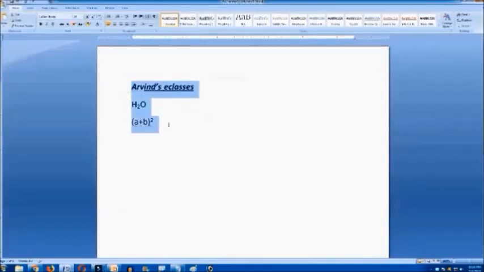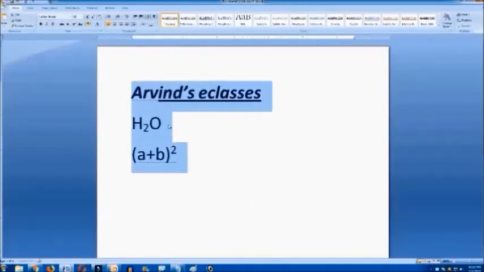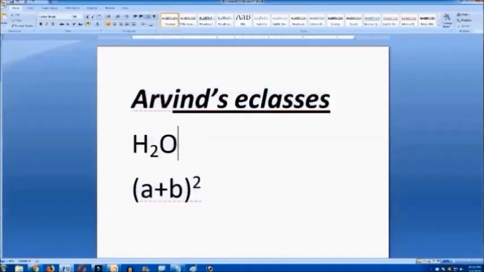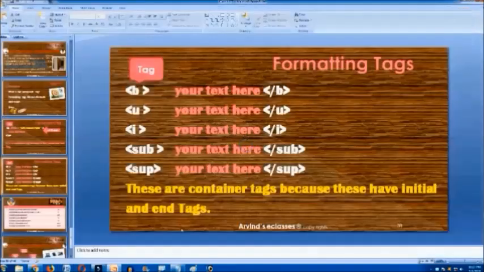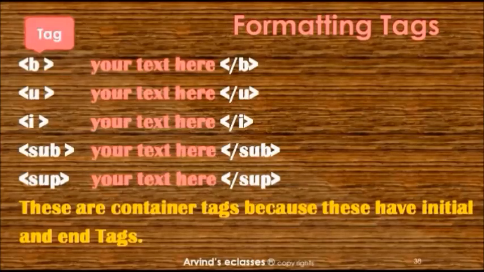I am highlighting all the content. See here, this one is called subscript and this one is your superscript, and this one is bold, italic, underline, that we are going to do in our web page. Now close it. So same way, dear student, we can add